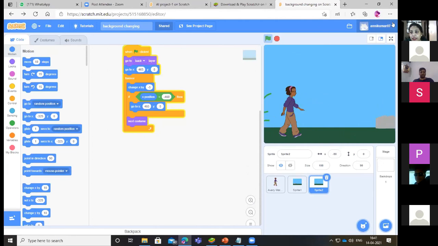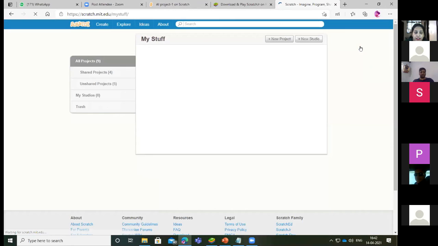Simple thing, first thing is that you need to log in using your Gmail ID. Otherwise, whatever you have made, it will be lost. You get all the things, whatever you have created, at one place. Okay, I wanted to show you that also. The other one, see my stuff, it comes like this.